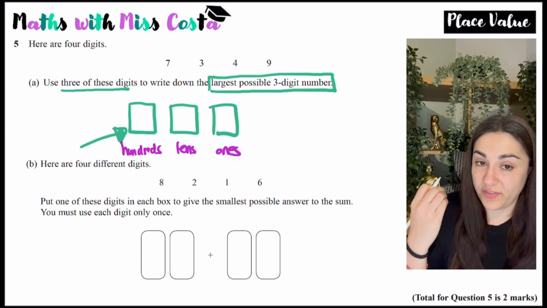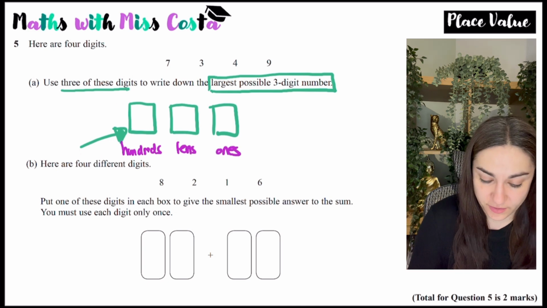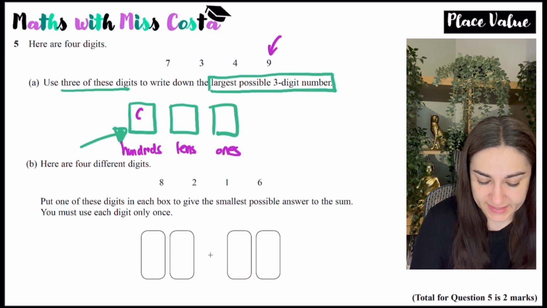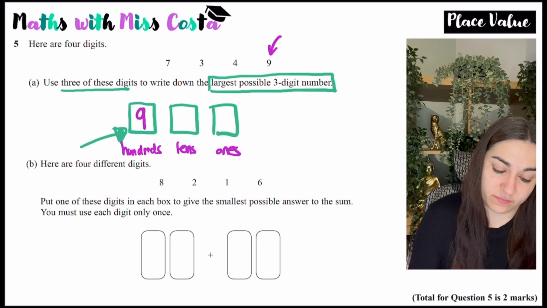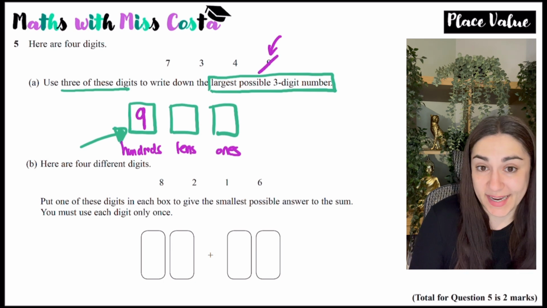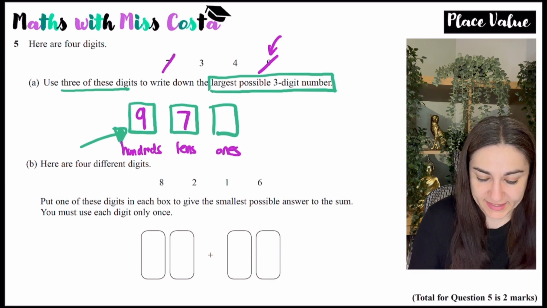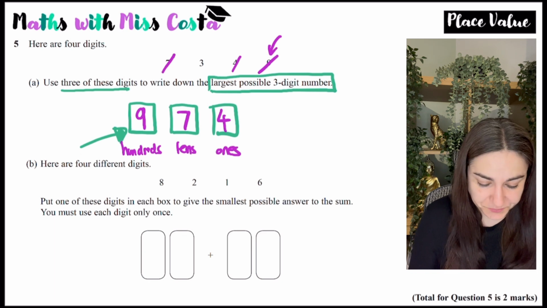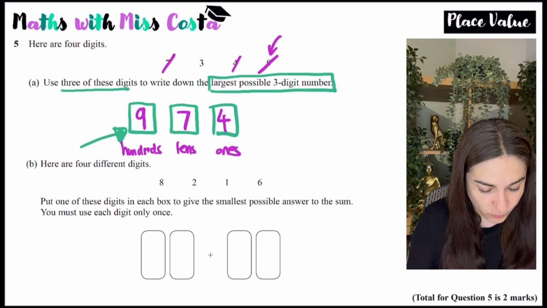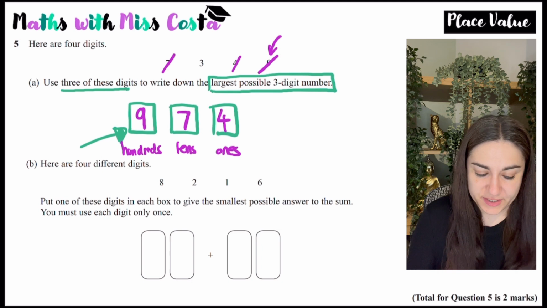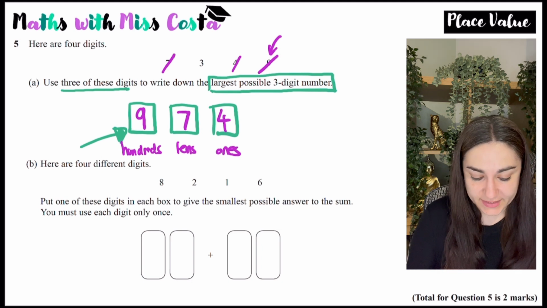So I want the largest possible digit to be in the hundreds column, and the largest digit is 9. I then want the next largest digit to be in my tens, because that's the next largest place value. So that would be 7, and then 4 would go in the ones. So 974. For the next part of the question, I'm told that there are 4 different digits, and I need